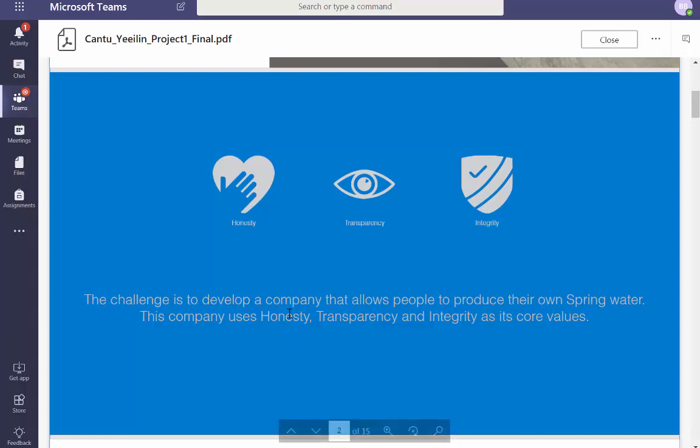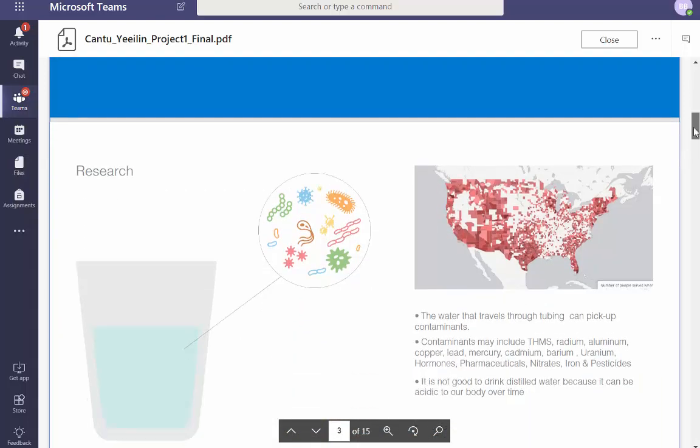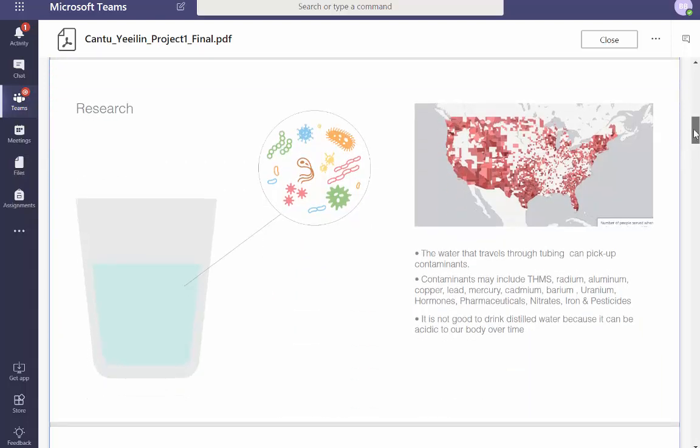Are you developing a company, or are you developing visual brand language assets? I do like having these things: honesty, transparency, integrity. I'll see these guys again if you actually did use them. Water contains bugs.